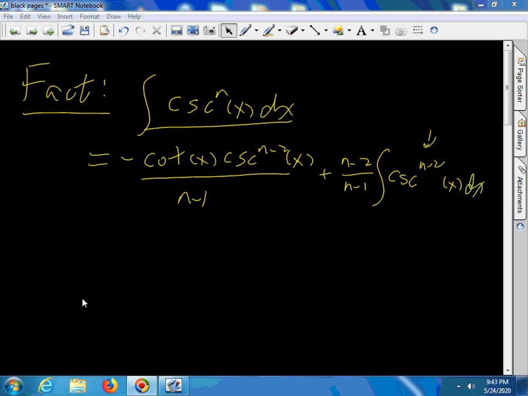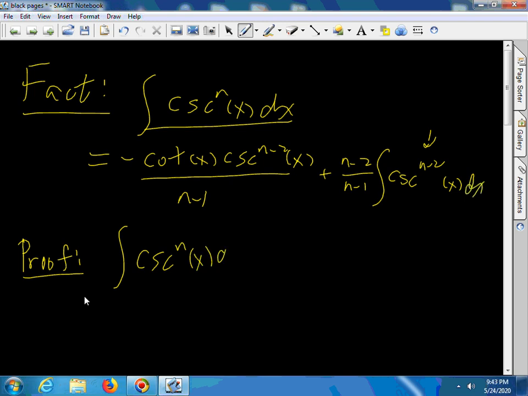Going to derive the reduction formula for cosecant raised to the nth power of x dx. And the result is below us, and we are going to prove that it's not wrong. The integral of cosecant^n x dx, which I'm going to call I,